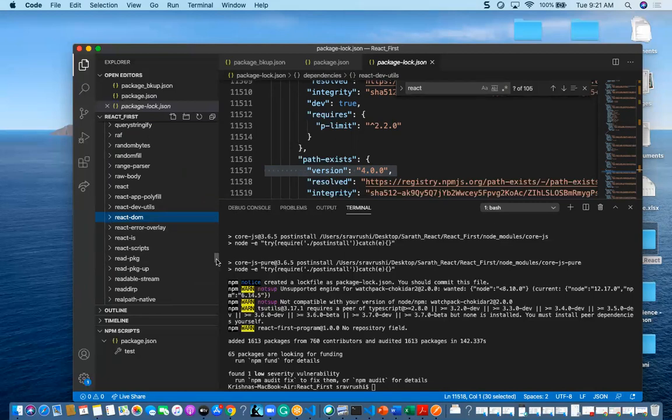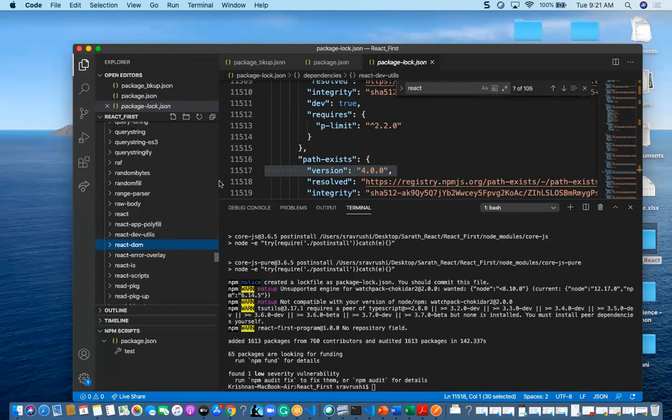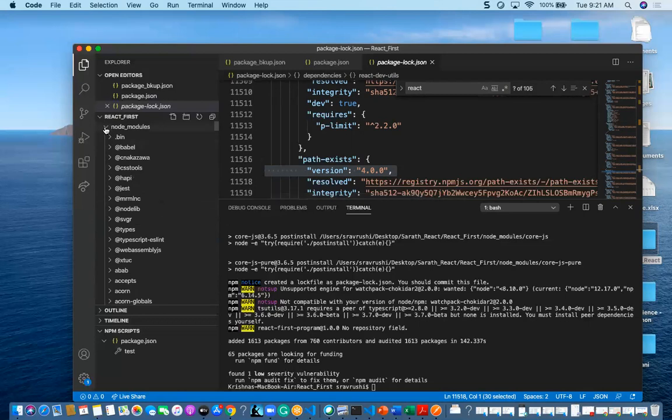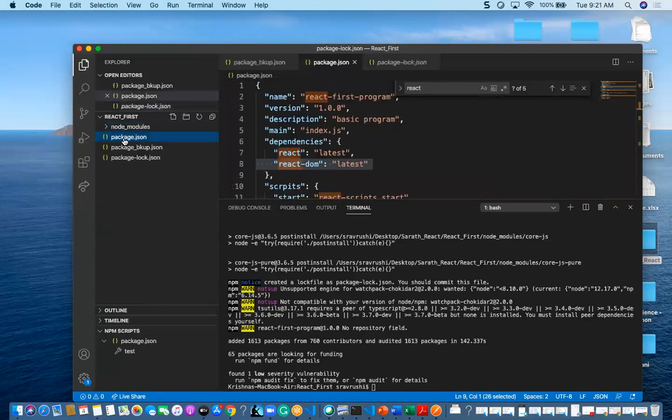Once you are importing React from React, it is going to come and hit here, and it is going to get the particular library. It is something internal, some minified files. So this is about node_modules, and also package.json, and also package-lock.json.